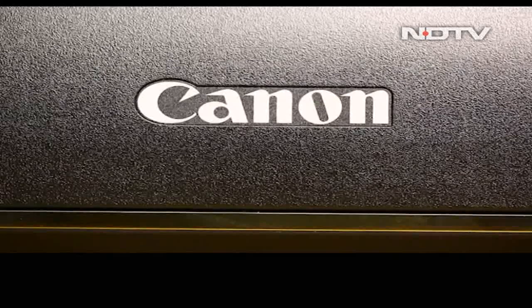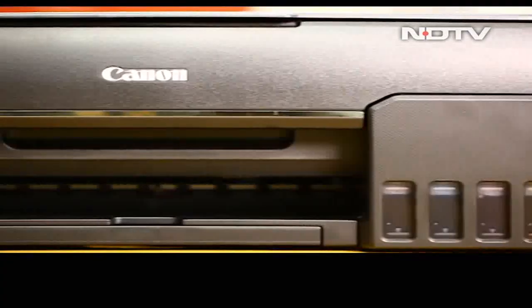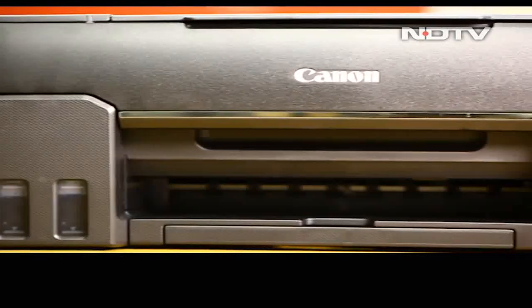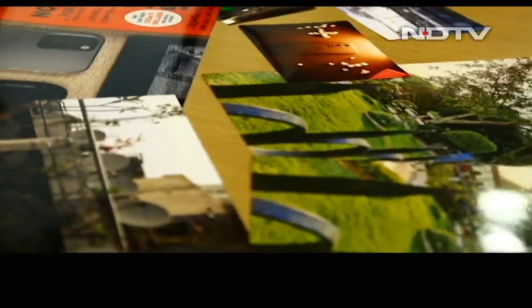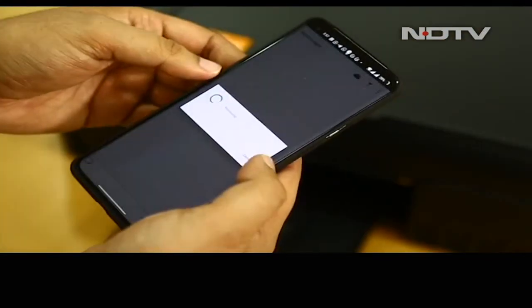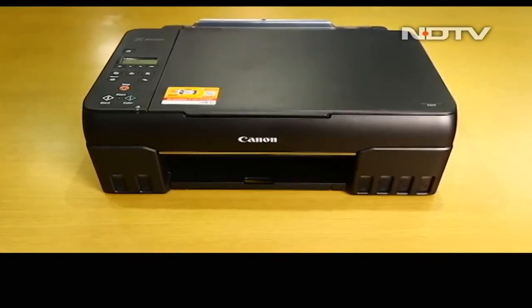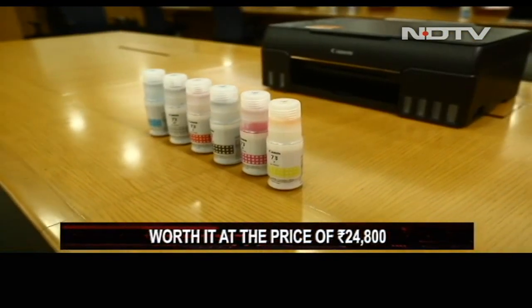So at the end of the day, the Canon G670 is not a perfect product, but at the same time, no product can be. It is amazing at what it's meant to do. It is meant to be an ink tank printer, capable of giving great quality prints while being extremely easy to use, accessible from anywhere as long as the user is connected to the internet. And with every smart feature that it comes with, it certainly seems worth it at the price of 24,800 rupees,